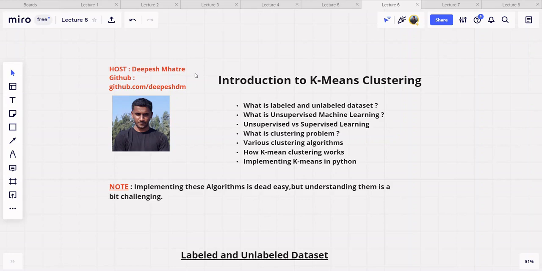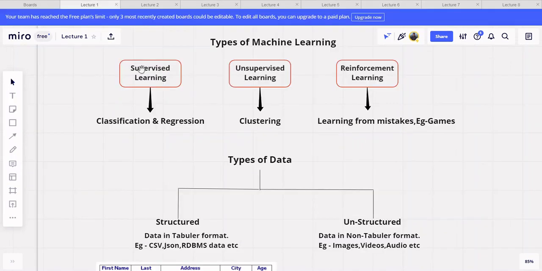All right. So in our first lecture, I told you that in machine learning we have basically three main types of machine learning. First is supervised learning, second is unsupervised learning, and the third is reinforcement learning. And each type of machine learning basically solves a particular type of problem. So supervised machine learning solves classification and regression problems, which we have already discussed in our fourth and fifth lecture. Okay, so now in this video we'll be looking into